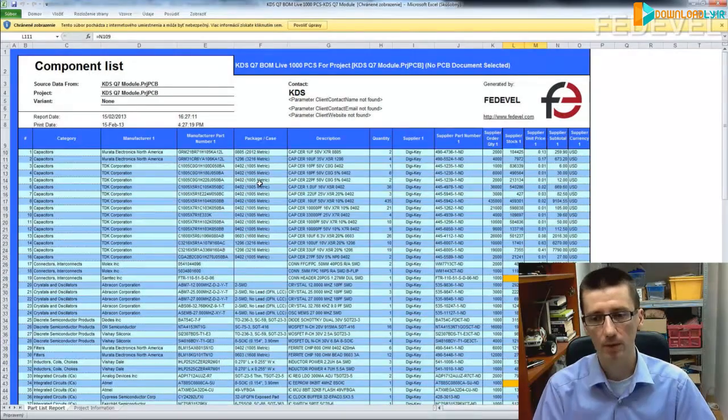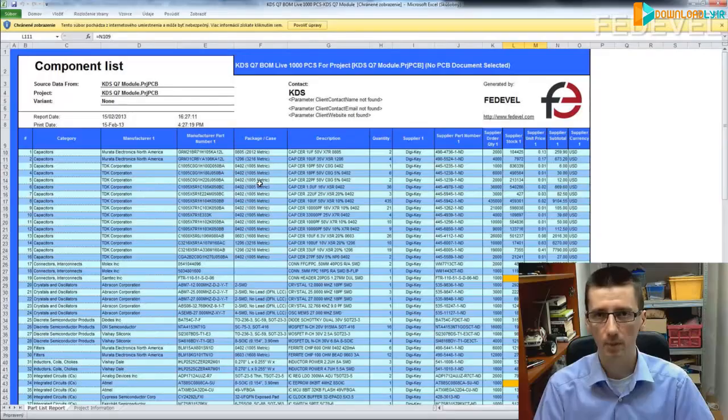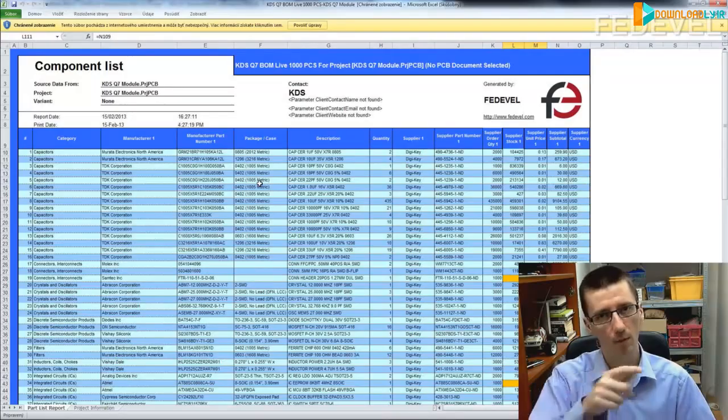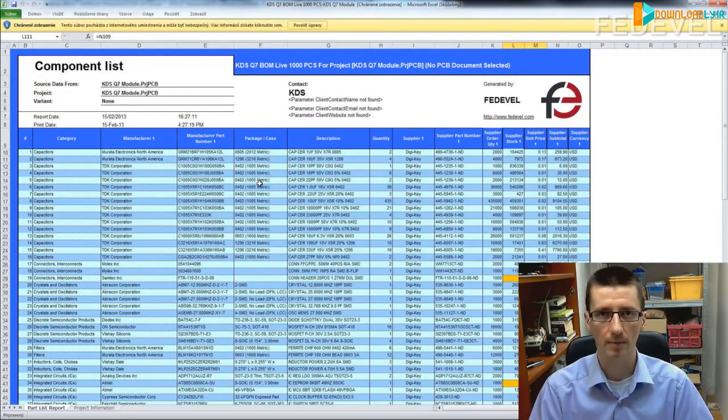It's important because they need to tell the sales department, and they need to check if your new product will be competitive with the products on the market, if the price is not too high. And if it is, you still can go back to your schematic and edit or remove some very